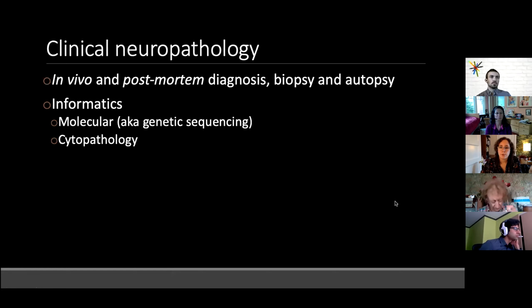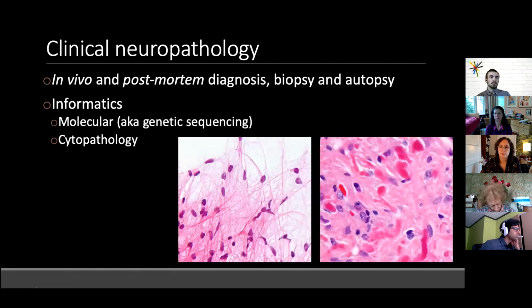And so another avenue for informatics is cytopathology, where pathologists study cells in solution on a slide, allowing them to study features of the cells themselves, which is in contrast with tissue sections that provide more information about tissue structure and the cellular microenvironment. So just as an example, on the left, there's an example of a solution or a smear versus a tissue section, both stained with hematoxylin and eosin, and both of which show characteristic features of a pilocytic astrocytoma. And you can appreciate that these two images provide very different types of data for image analysis on